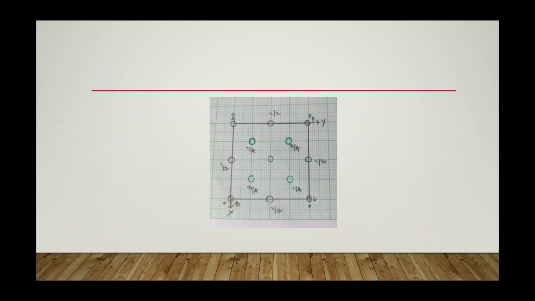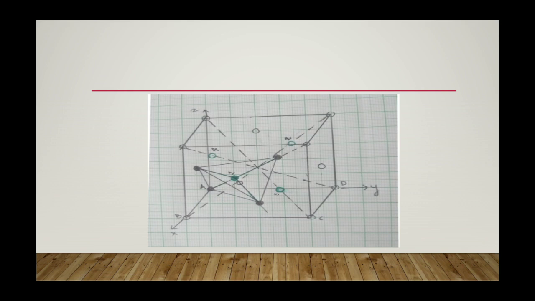We cannot say that diamond cubic crystal is an FCC lattice. That is wrong. A diamond cubic crystal is an FCC lattice plus a basis of 2 atoms. We never say diamond cubic lattice, that is a diamond cubic crystal.